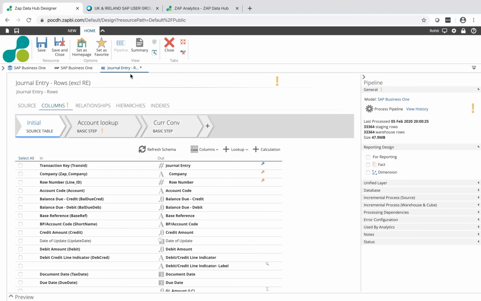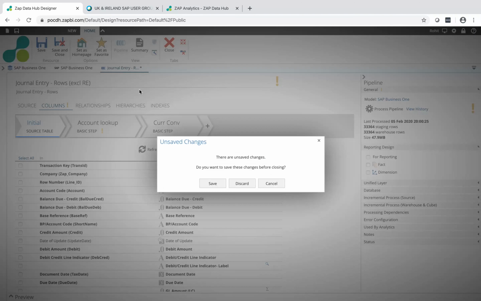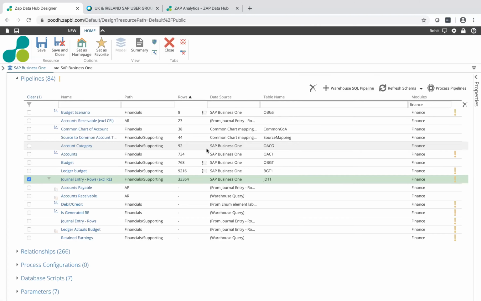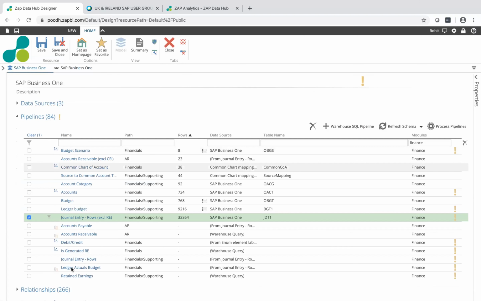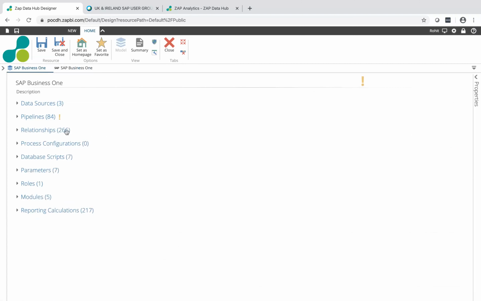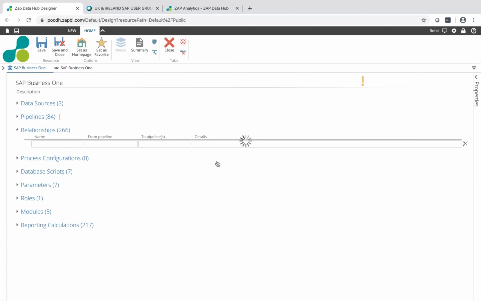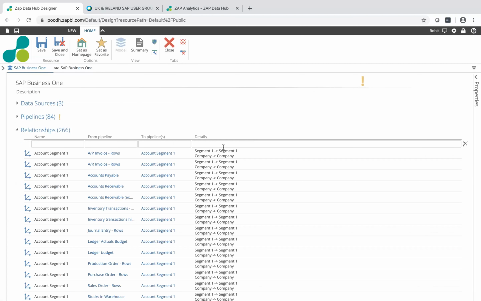So that's the second level of transformation. We've got the table. We've got the connection, 3,000 tables. From that connection, we've built the pipelines. We've transformed the individual pipelines. We've done some work on those individual pipelines. We've created, from 84, 260 odd relationships between those pipelines.